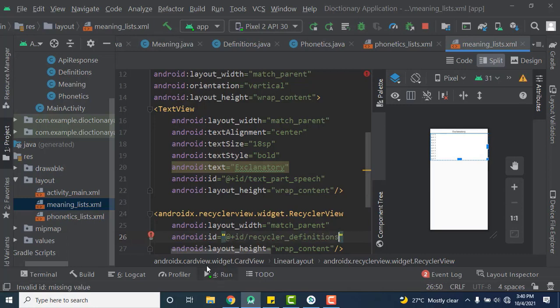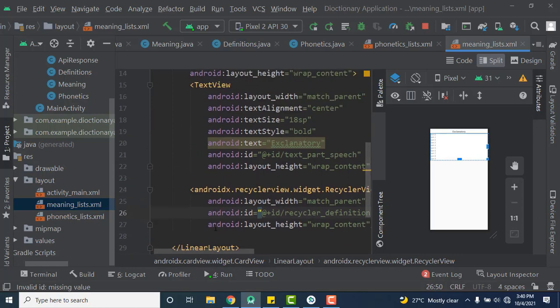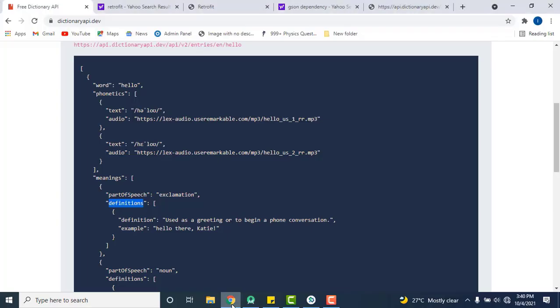Now, there's a surprising thing here that you need to take note of, is that in this list view, in this list of items, there's a recycler view. Why are we using recycler view? Check from the API. We have a meaning and the meaning has array of objects, which is part of speech, and